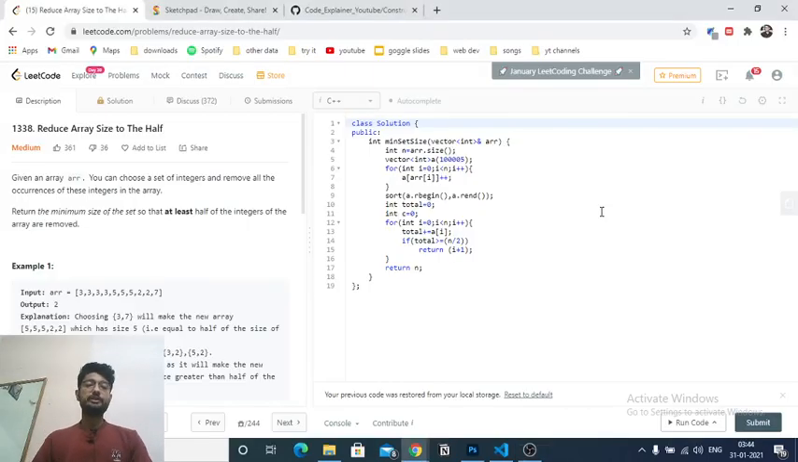Hello friends, so today we're going to discuss another problem from LeetCode, problem name reduce array size to the half. It's a very simple problem, but it's actually a greedy, medium-level problem. Though it's not too medium, you can solve it if you understand the problem statement, but still I'm going